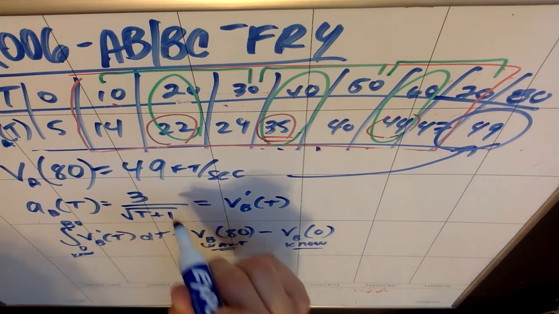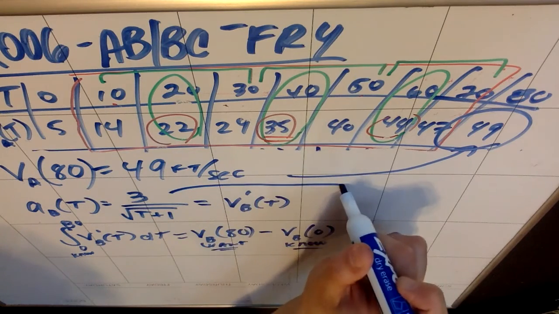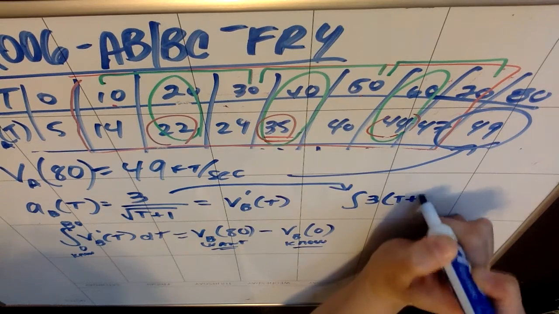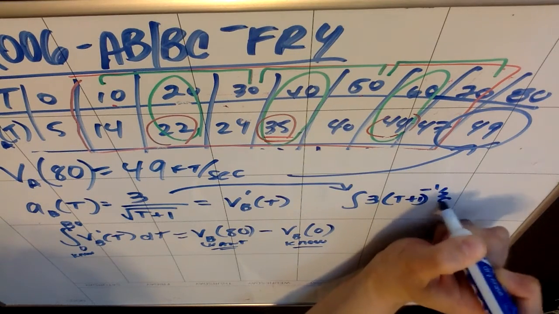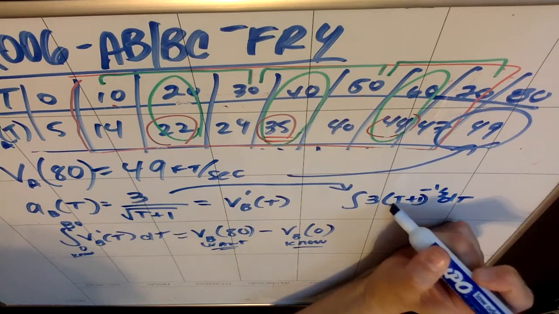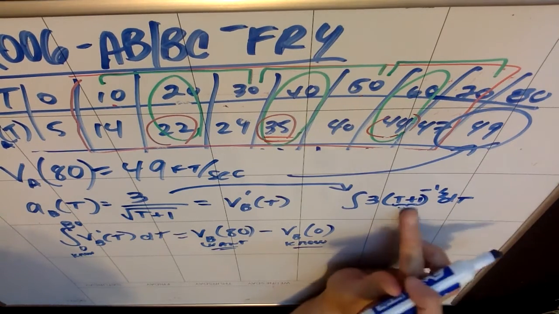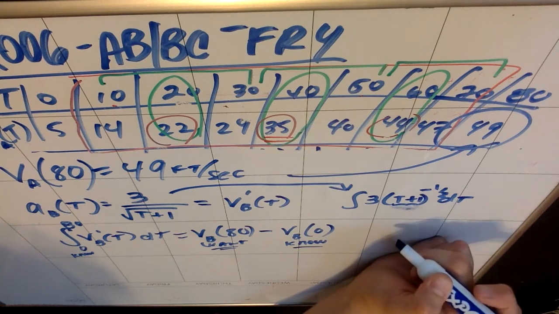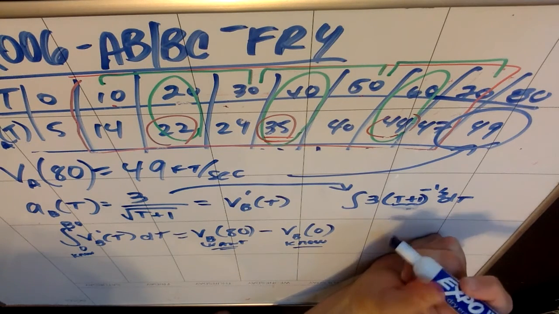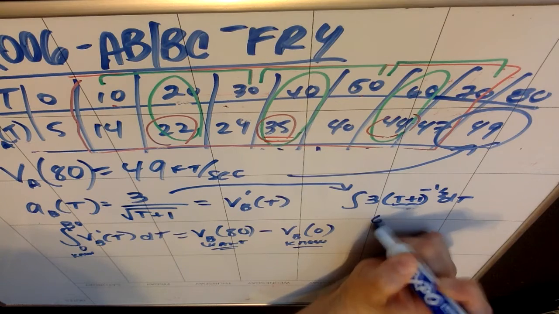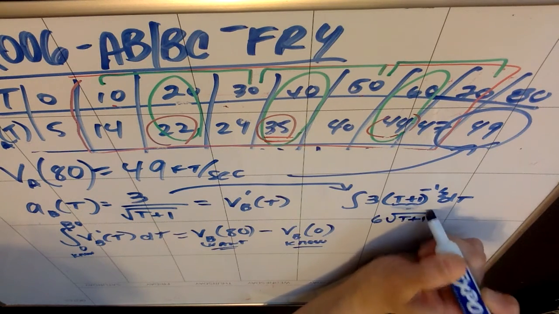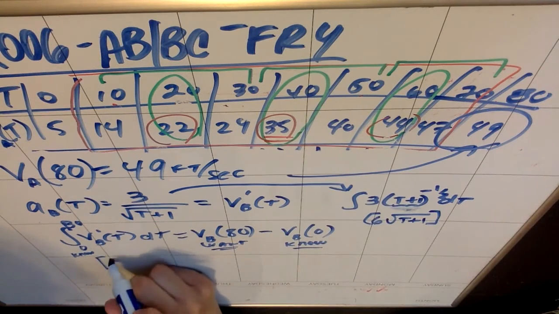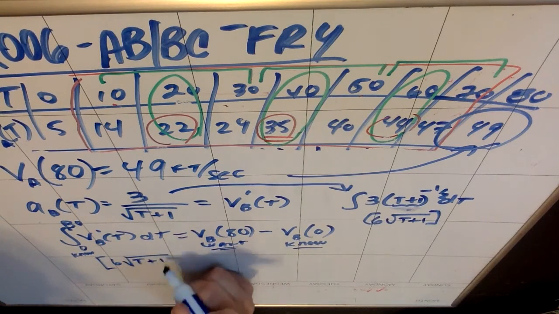It's straight up U substitution. So for me personally, I prefer to do my work separately. So I'm going to integrate this: 3 times (t + 1) to the negative 1/2 dt. It is technically U sub, but since your U is just t + 1, it's the same as your du. So if you want to use U sub, you can. I'm going to up the power by 1, which would be to 1/2, right? And divide by the new power, which is the same as multiplying by 2. So I'm going to get that this is 6 square root of (t + 1), evaluated from whatever my bounds are, right? So this is going to be 6 square root of (t + 1),